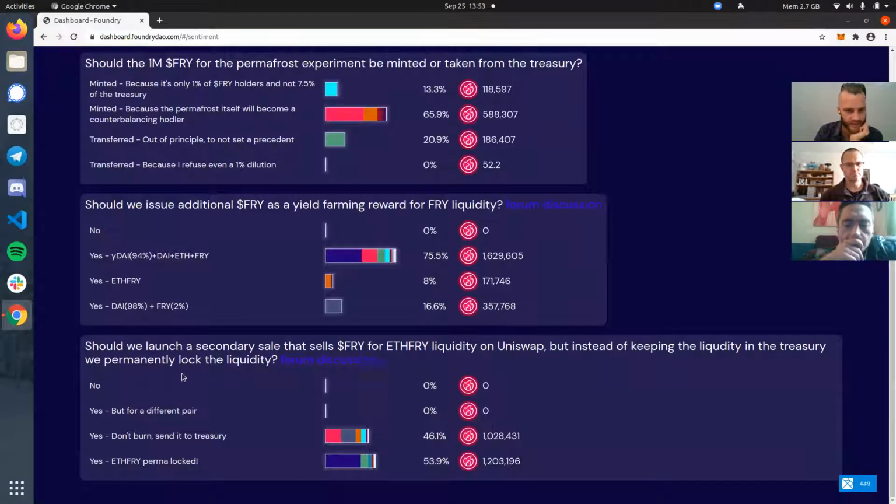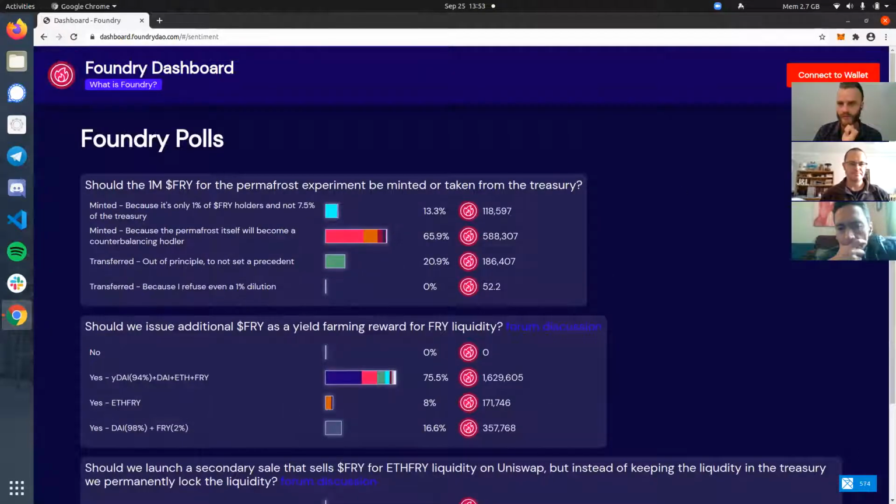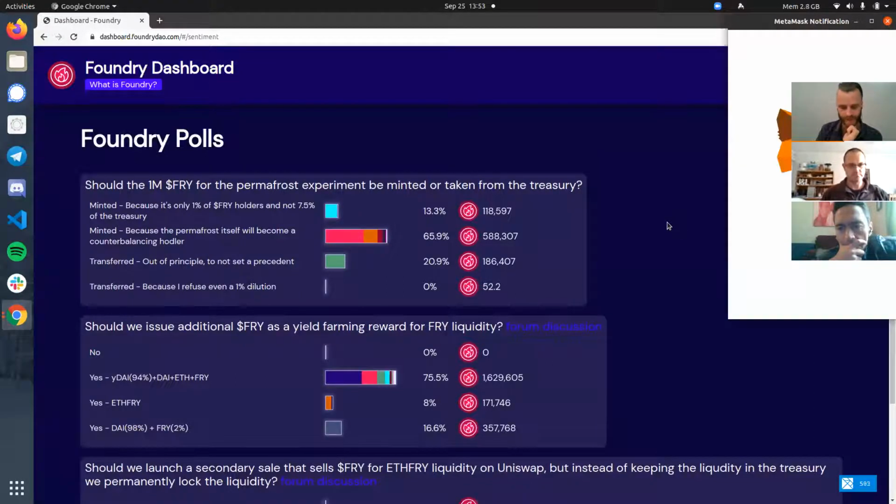So you can actually start to understand not just the general personality of Foundry in terms of, okay, 65% voted for this option, but you can also see what the individual agents have voted for as well. So you can see this gray guy voted here. Pretty cool. And then the other change here, if I log in here, you'll see,